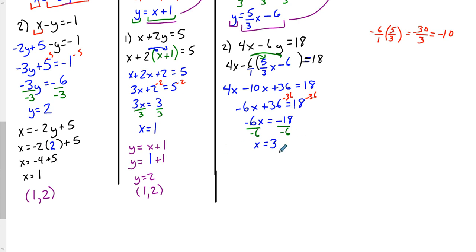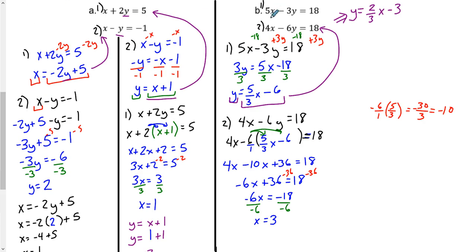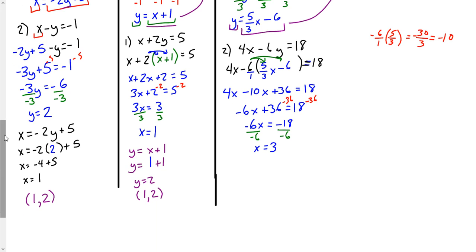So now that I have what x is, I need to solve for what y is. Again, I could plug it into any of these equations. I could plug my 3 into here, and then I just have to manipulate. I could plug my 3 into here and manipulate. But I have an equation that already has it solved for y. Y is 5/3 x subtract 6. If you're not liking the fraction, you don't need to deal with the fraction. At the same time, it's not the hardest thing to do. Because if y does equal 5/3 x subtract 6, and if x equals 3,